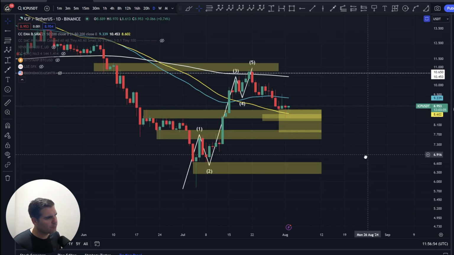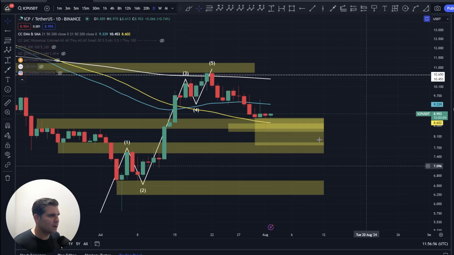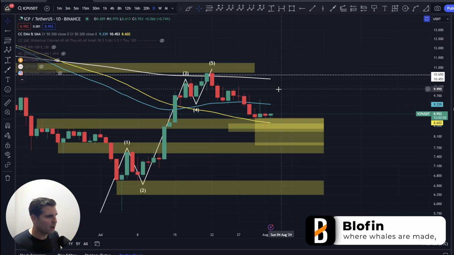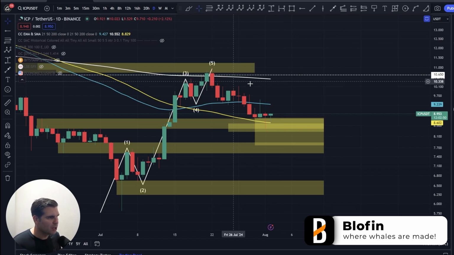So to recap this on the daily time frame, what do we see? Well, we can see that current price is lower than the 200-day EMA. So straight off the bat, we have to consider that we are in a bearish pattern based on traditional ways of looking at the market, just the 200-day exponential moving average. When you're lower than that, you're bearish. When you're higher than that, you're bullish, right?